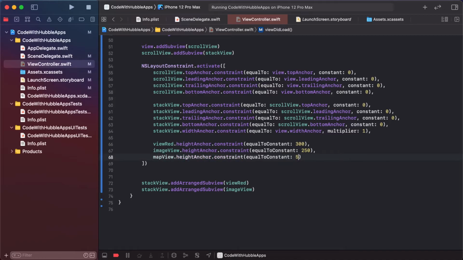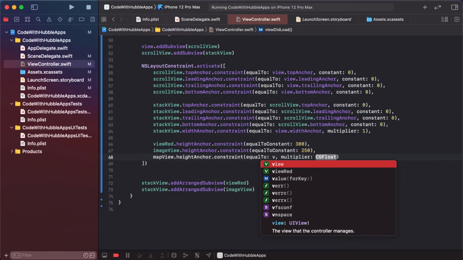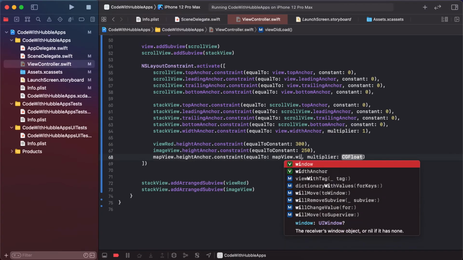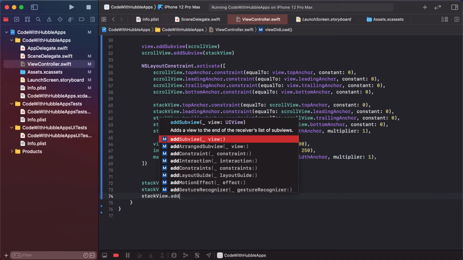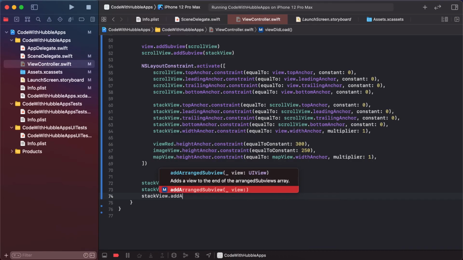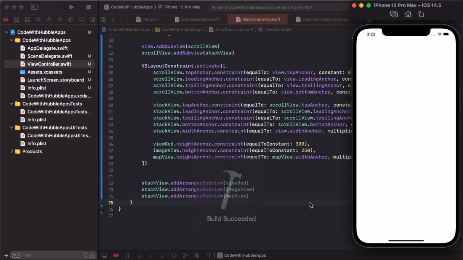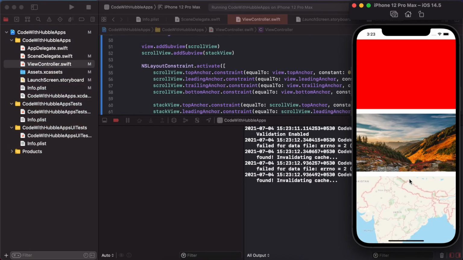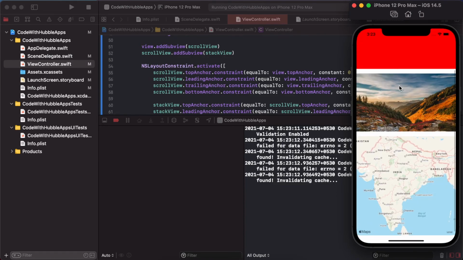is 400, and maybe not 400, but we make the height constraint relative to the map view width anchor, as a height angle. So like this, where our map is adding as an arranged view inside the stack view. So this map view is working. Scroll view to work